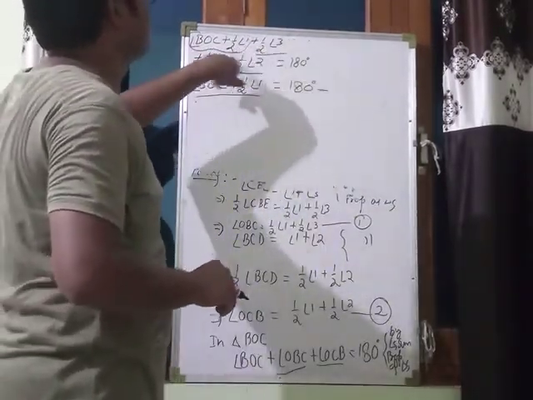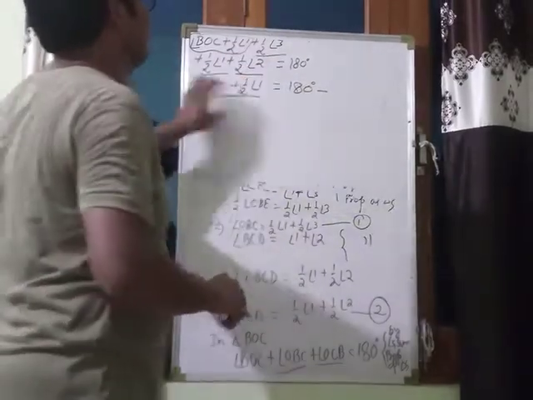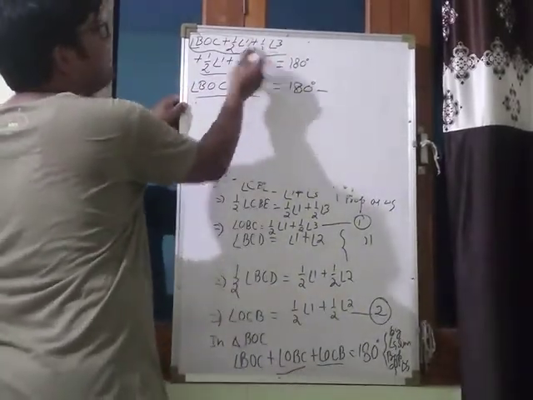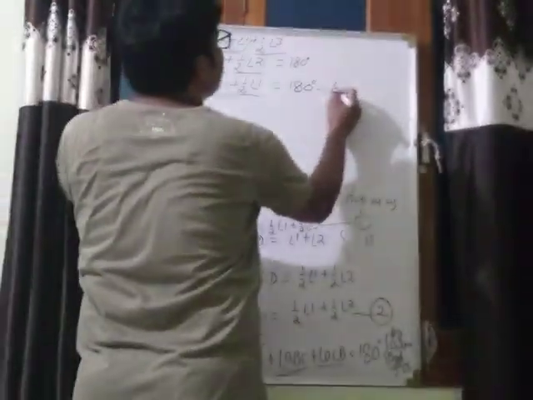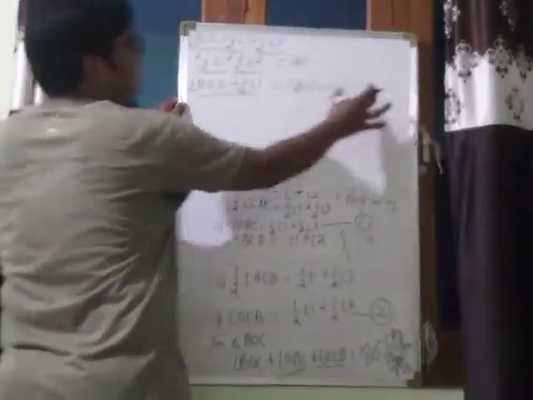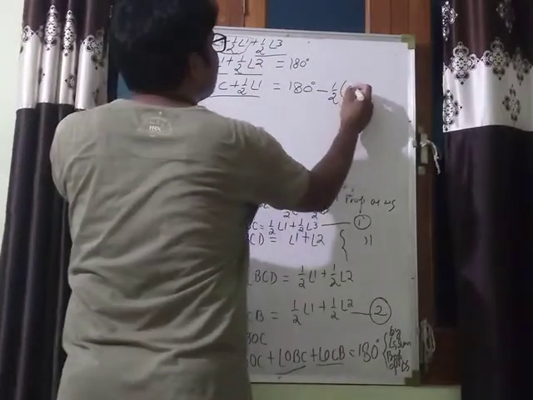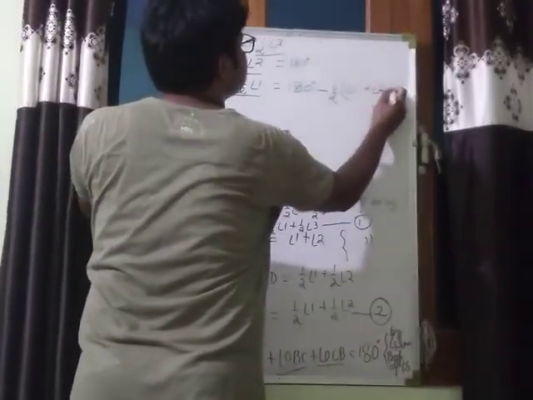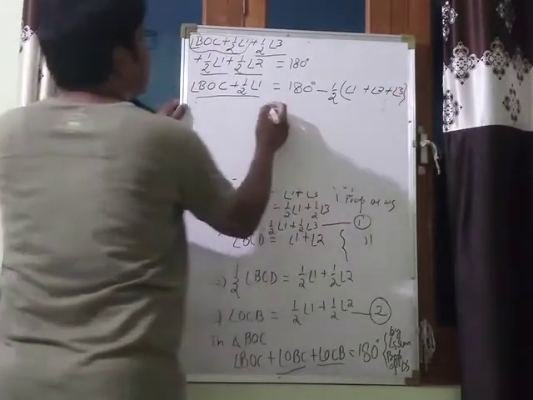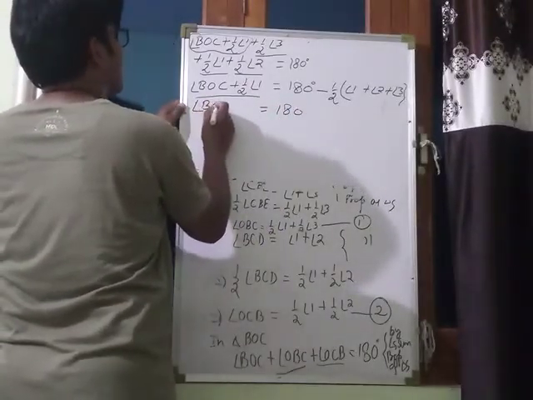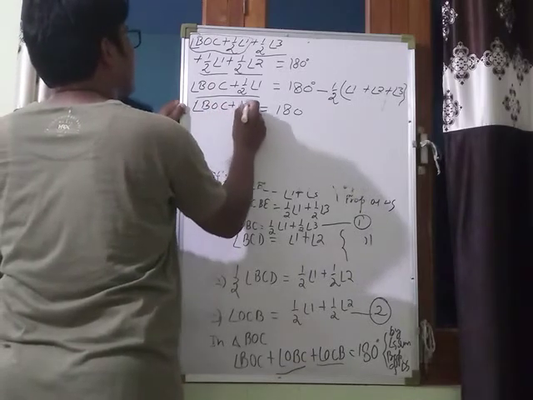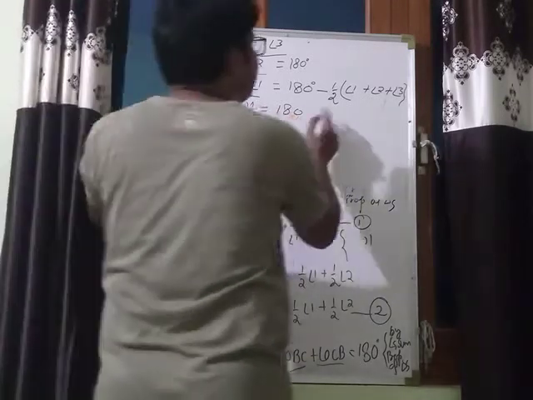Half will be common in all these three terms, and inside the bracket we have angle 1 plus angle 2 plus angle 3. So that will be equal to 180, that is BOC plus half of angle 1, that is 180 minus